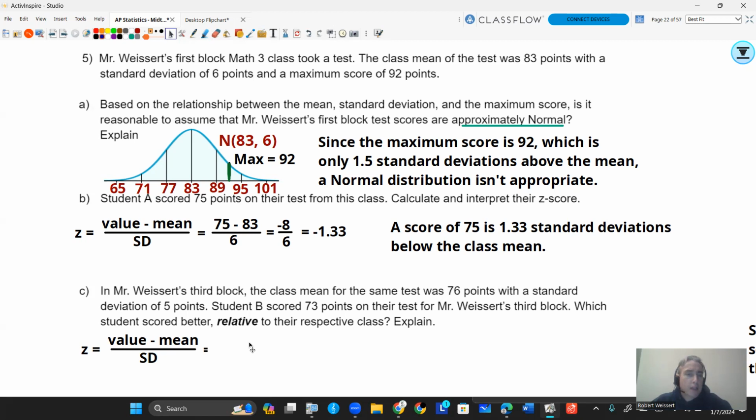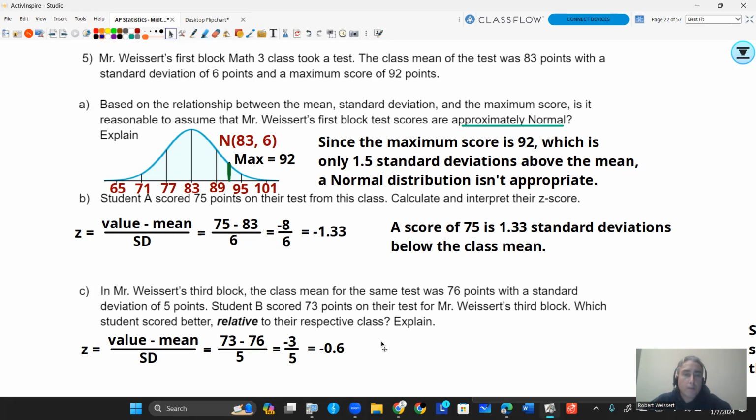Try subtracting this, get that z-score, divide by the standard deviation. I'll wait. Got it? All right, here you go. 73 minus 76 divided by 6. Oh, mistake. You didn't see that. It was 5, not 6. The standard deviation here is 5. All right, now that's going to be negative 3 divided by 5, which is actually just negative 0.6,